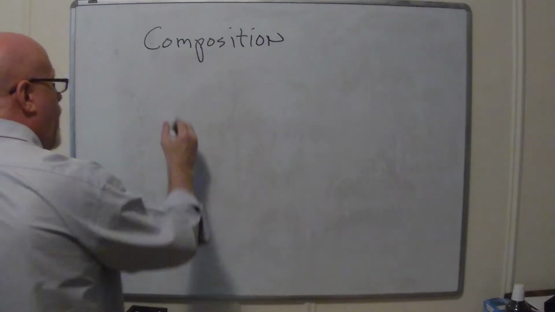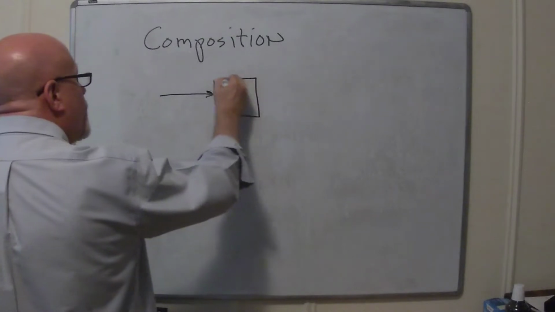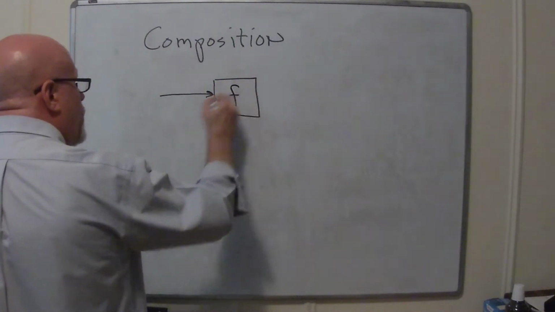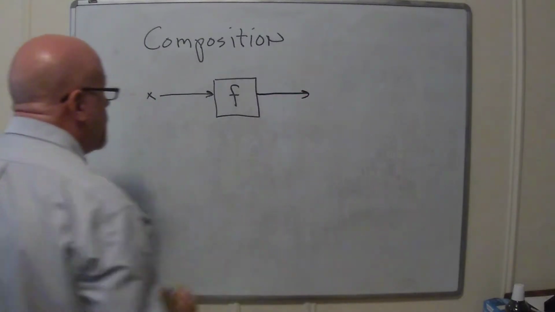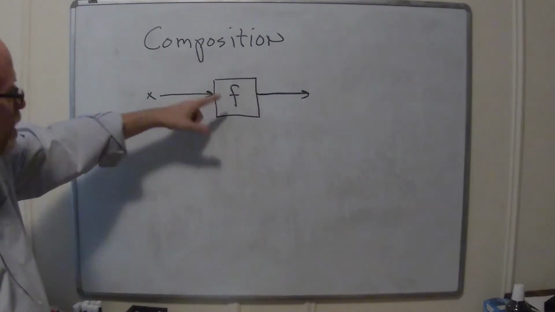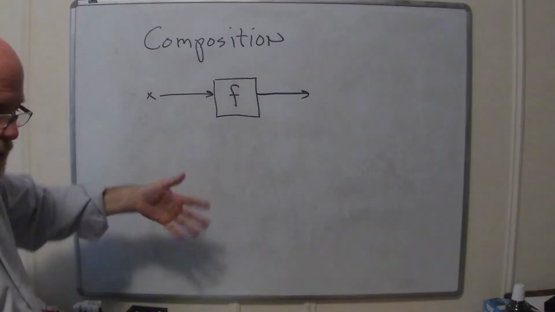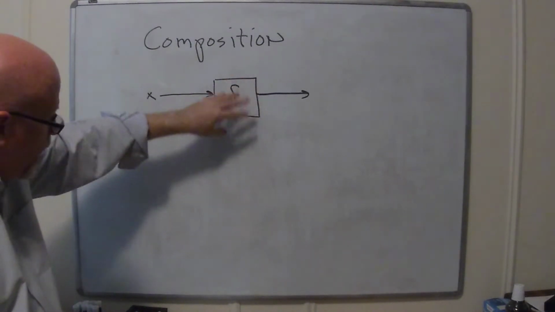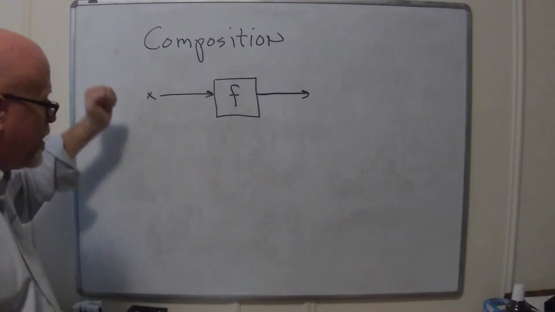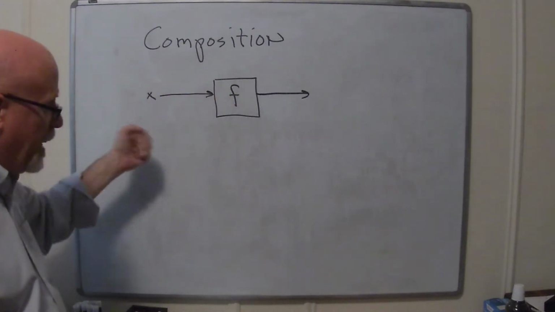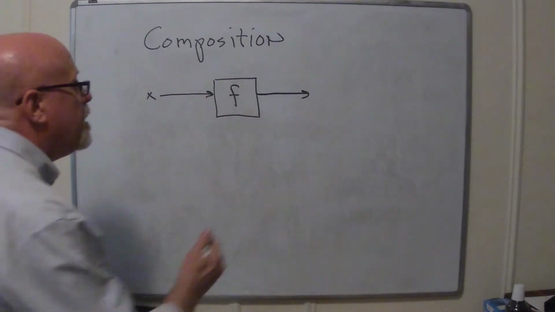So a common way to visualize functions is by what engineers call black box diagrams. You have an input and an output diagram. And the point of this, if you're doing electrical engineering, for instance, is that you don't really care what's happening inside of there. There might be some complicated circuitry, or it might be just a real simple thing. All you care about is the effect. So X goes in, something happens to it, and what comes out? F of X.